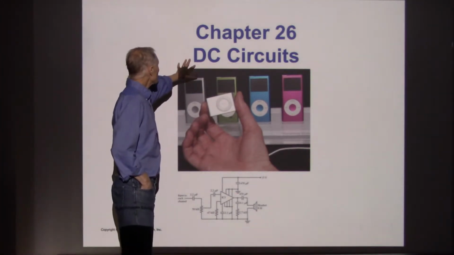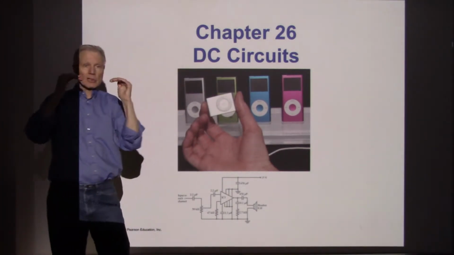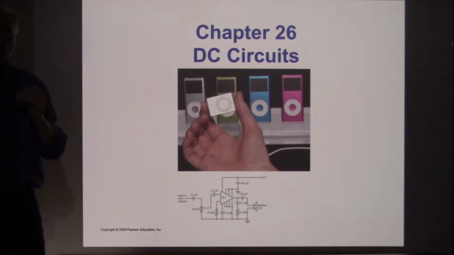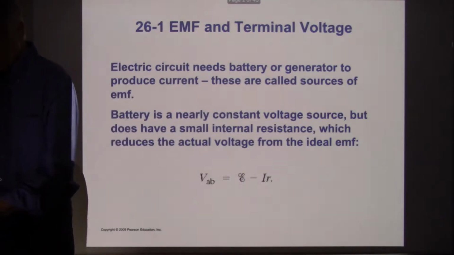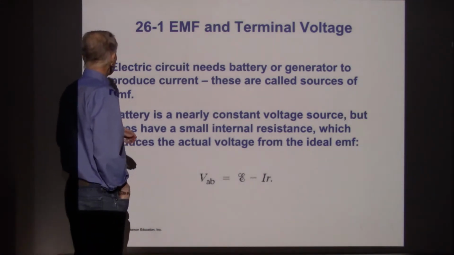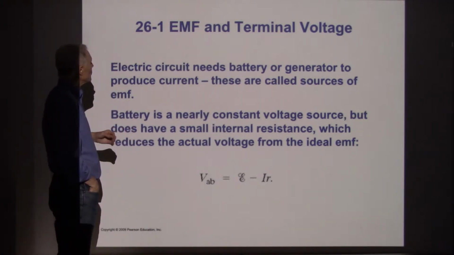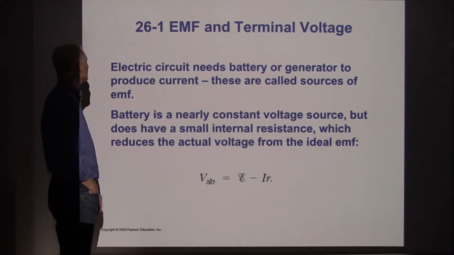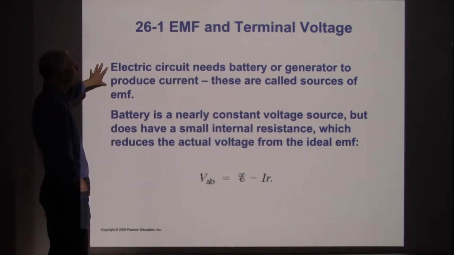DC circuits means that we're operating off something that is a DC voltage supply, and that would be something like a battery. So something where the voltage is being maintained at a fixed value. All right, so the first thing we want to talk about very briefly, not a super important topic for us, but an electric battery